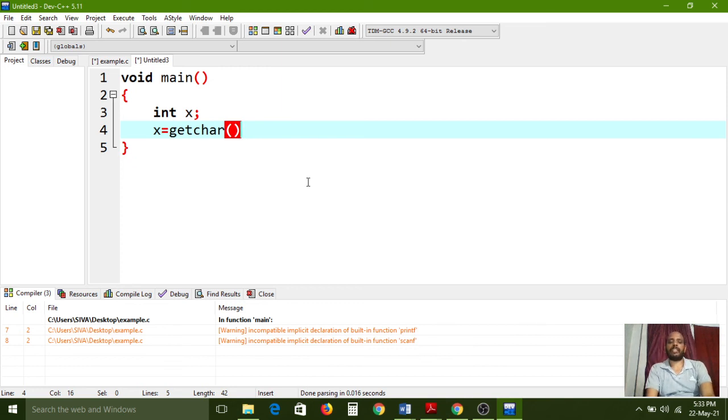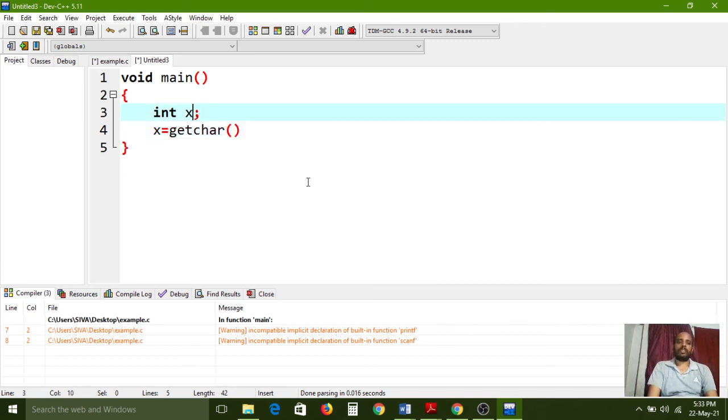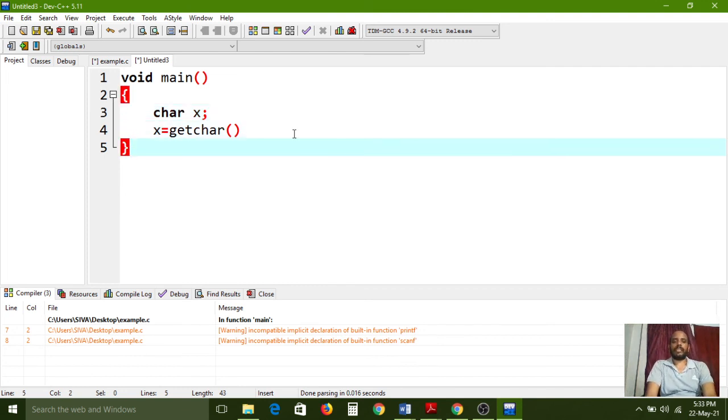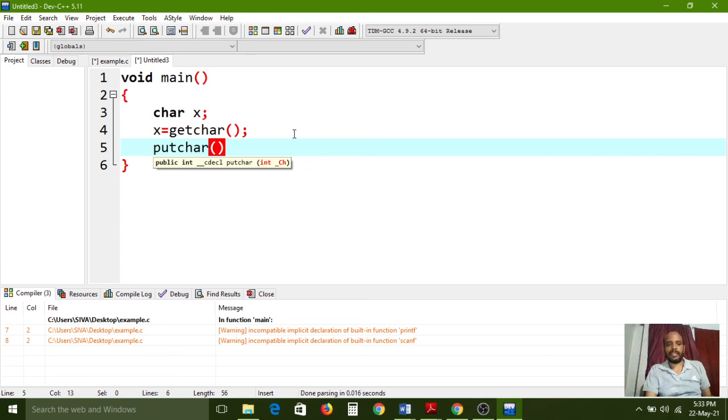Getchar means it is internally called get character. So it is waiting for one character. After giving any input, it immediately stores it into the x variable. Here we are reading characters. Again a semicolon is required here. After reading, you need to print now, so for that we are using the putchar function. Just simply read it as get character. Put character means it shows the output.